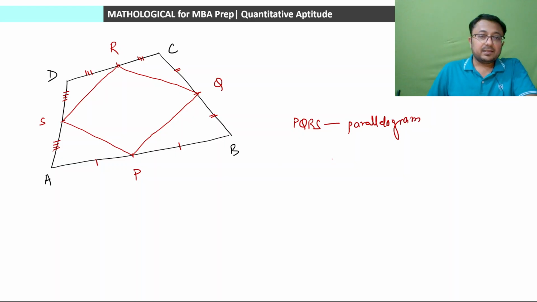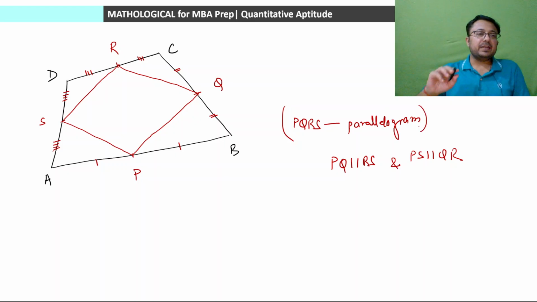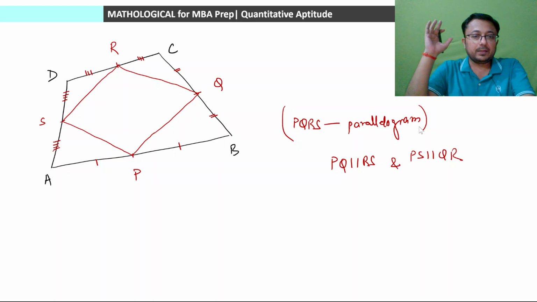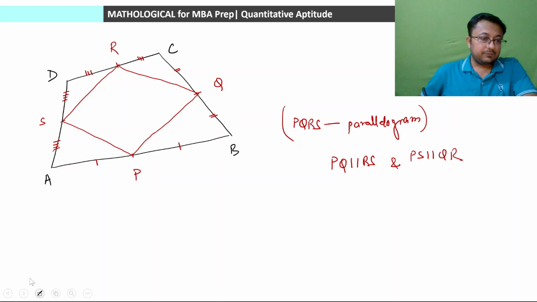Parallelogram, which implies that PQ will be parallel to RS and PS will be parallel to QR. So if midpoints of the sides of any quadrilateral are joined, then the new figure is a parallelogram. PQ is parallel to RS as well as PS is parallel to QR. Okay, clear? Not just that, if we draw the diagonals of the original quadrilateral AC and BD,